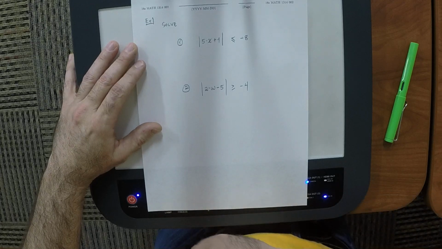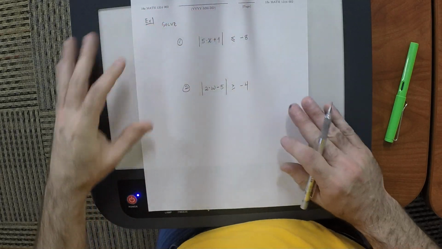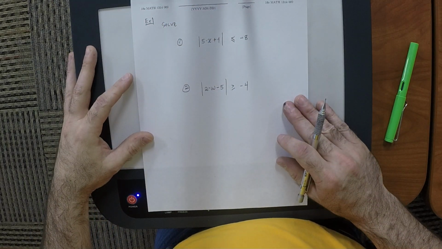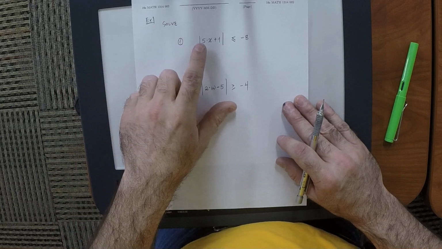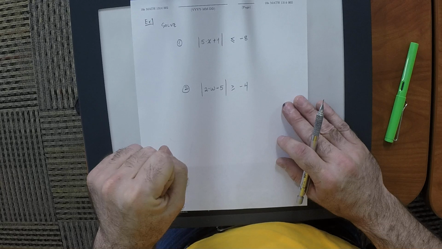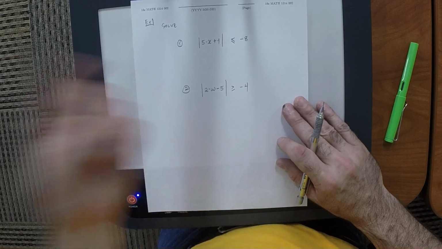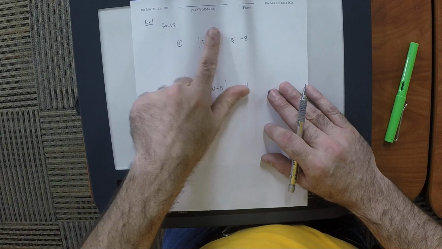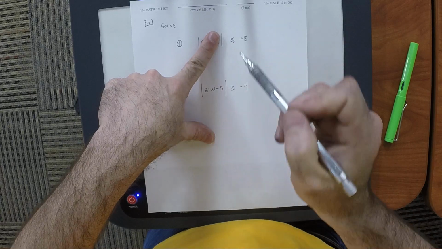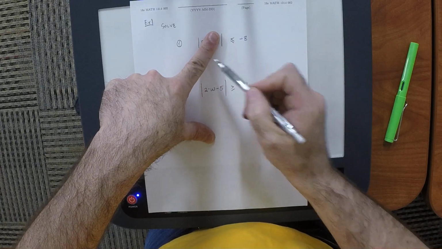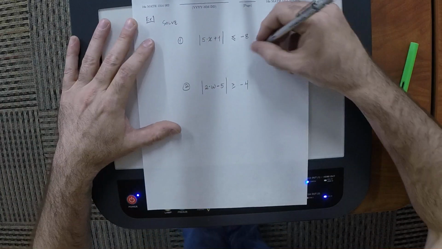First one is no solution. Because, but wait, the alligator's eating the thing, right? Yeah, but there's still no absolute value in the yield. By virtue of the absolute value, it's like the distance on the number line, and you can't have a negative distance. I agree entirely. And to say it another way, what could you put in the absolute value so that what comes out would be less or equal to -8? Nothing, right? To say it another way,